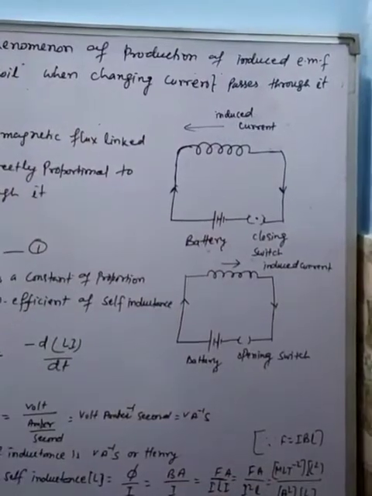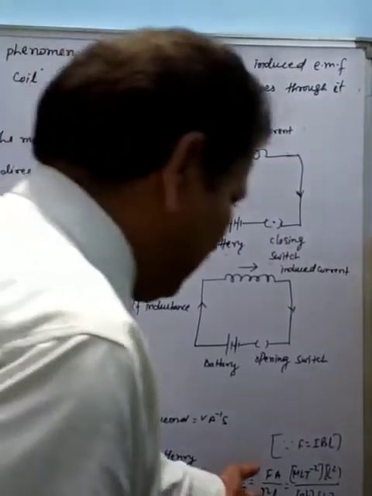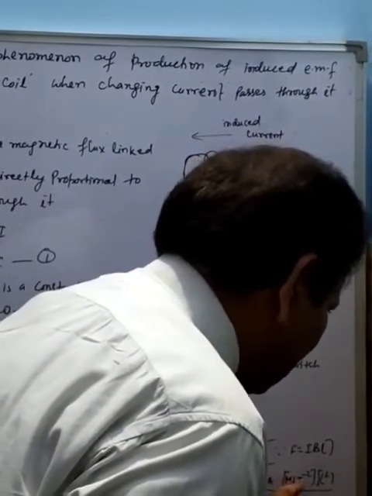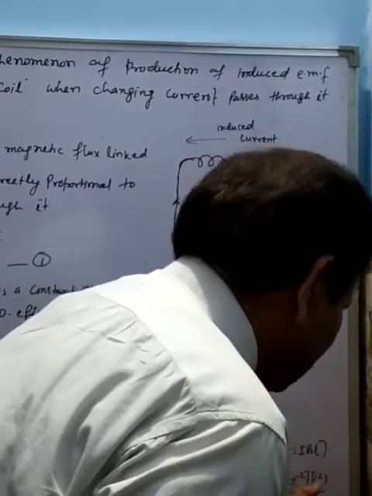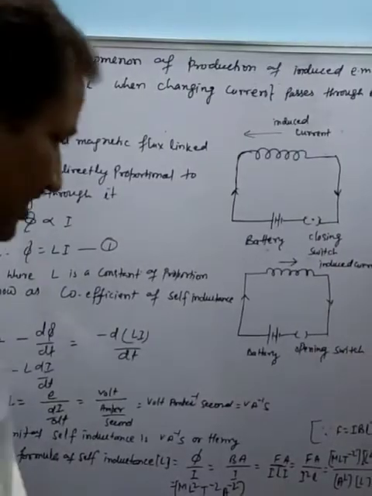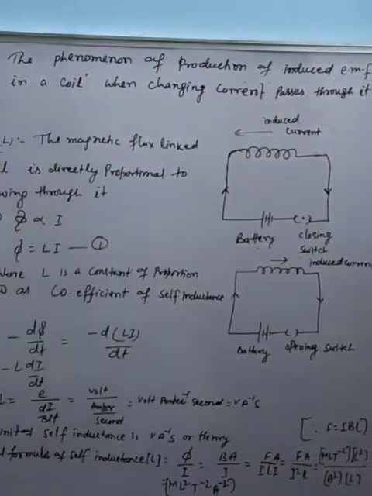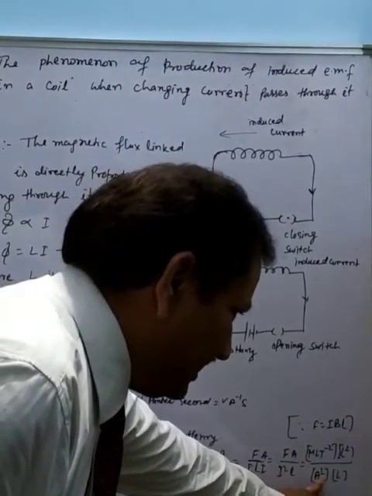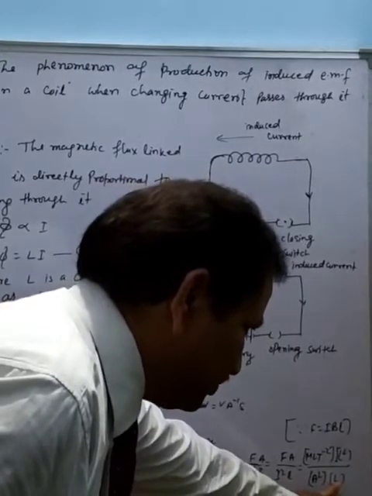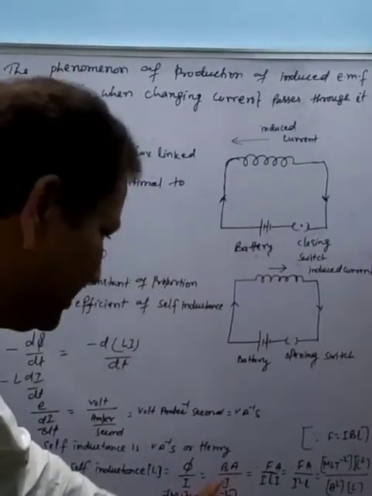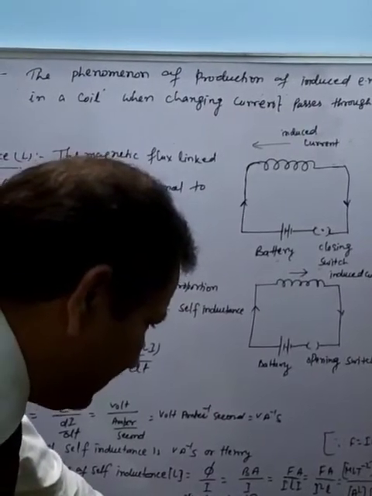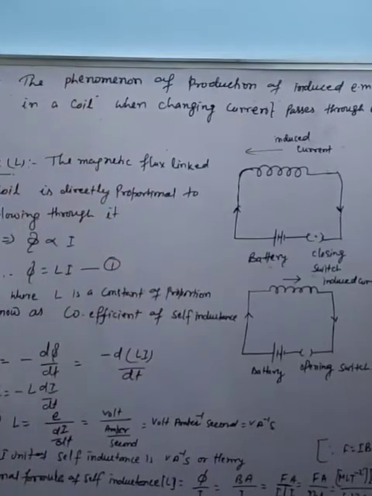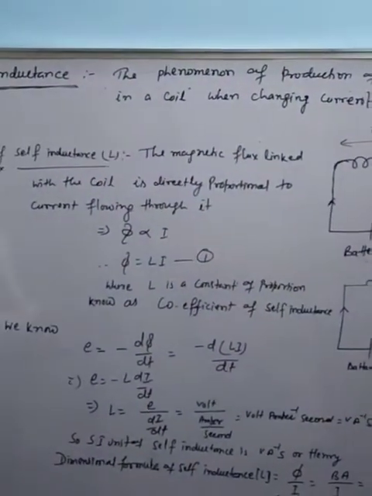Putting the dimensional formula of the given physical quantities F, A, I and L. F is a force, so we write M L T to the power minus 2, and A is the area, so we write L to the power 2. I is the current in ampere, so for I square we write A square. L is the length, so we put the dimensional formula L. After solving it, we get the dimensional formula M L to the power 2, T to the power minus 2 and A to the power minus 2. This is the required dimensional formula of self-inductance.